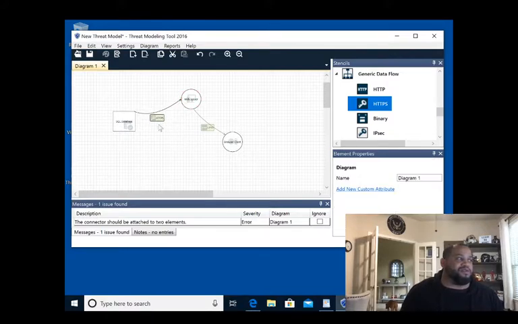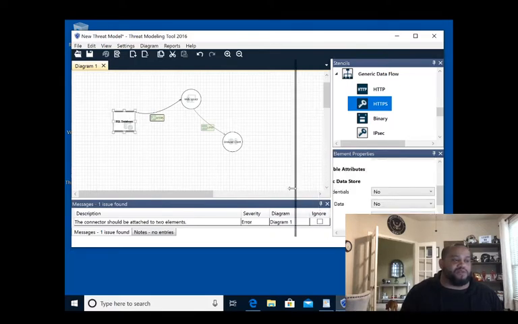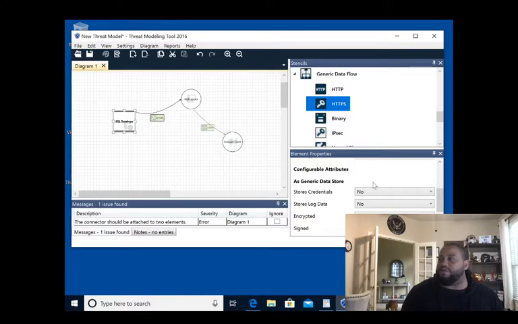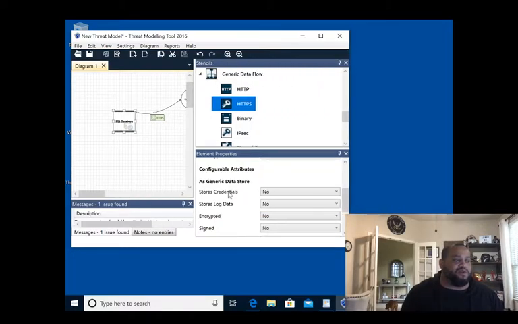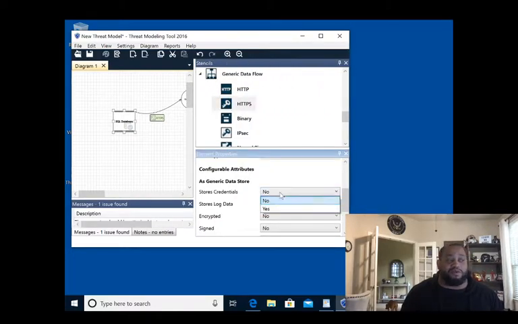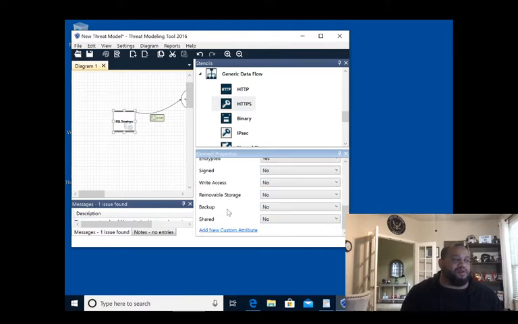And what this does is, I can go into this database. I clicked on the database now, and now the control says attributes: storage credentials, yes or no; log into data, yes or no; encrypted, yes; removable storage, yes. So you have all these different variables when it comes to